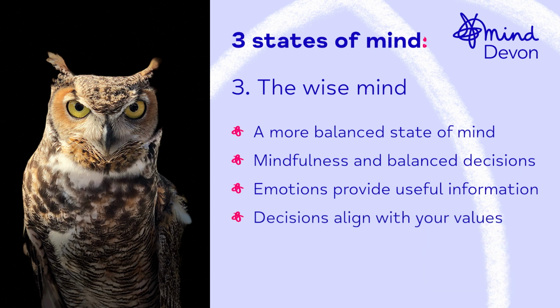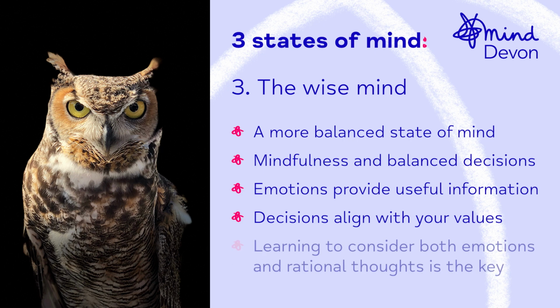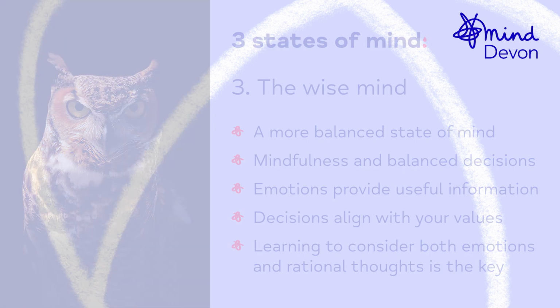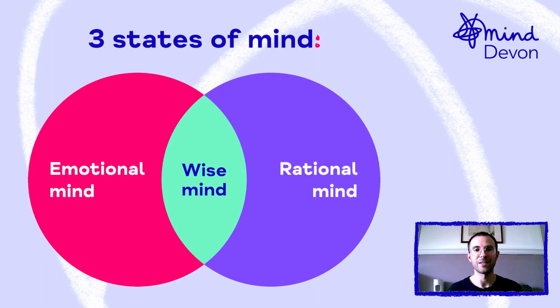Emotional regulation often seeks to guide individuals toward wise mind. Techniques and skills for achieving wise mind include mindfulness practices, emotional awareness, and learning to consider both emotions and rational thoughts when making choices. The goal of emotion regulation in the context of these three states of mind is to